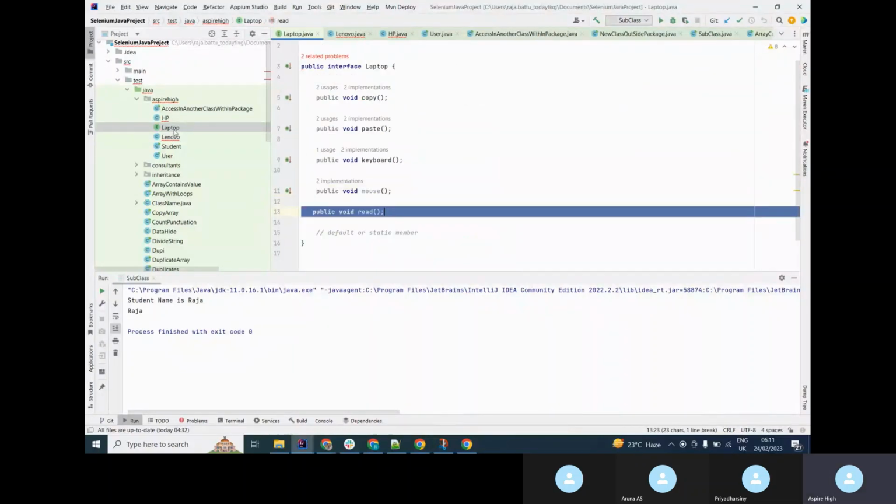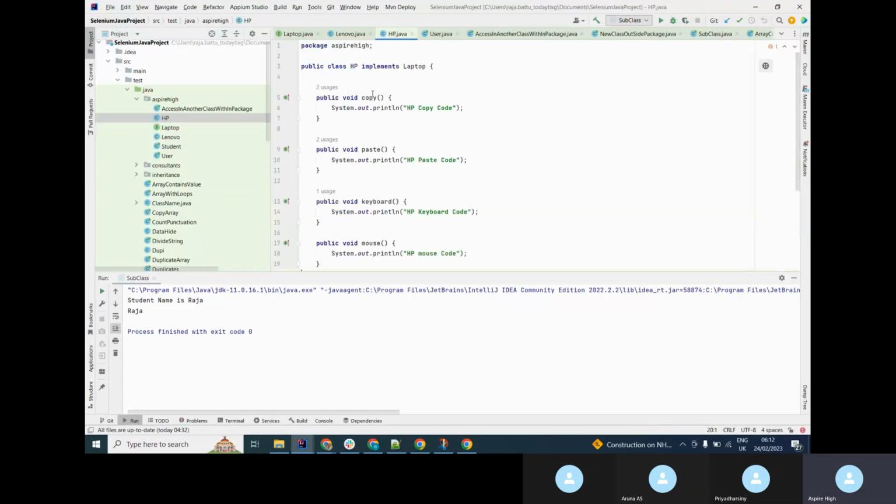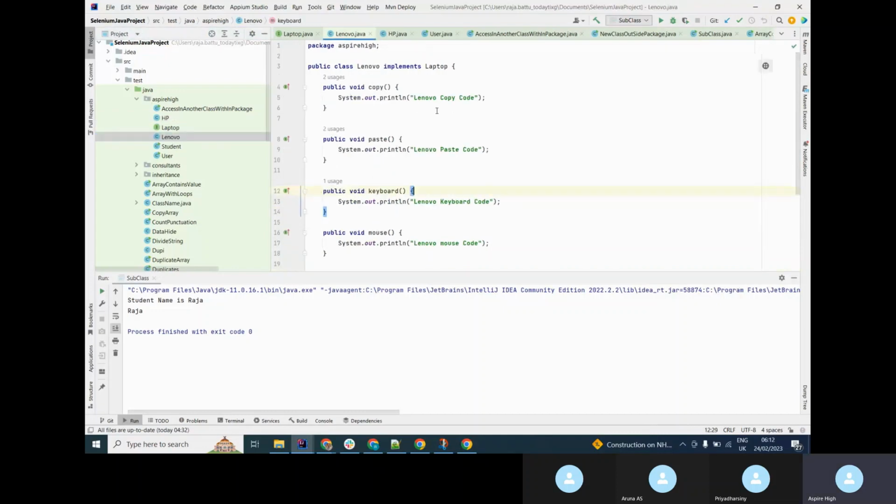To overcome this, if something is added in the main interface, HP and Lenovo should not be disturbed. So to overcome this, they brought in implementation using the default and static members. Now see, HP is not disturbed, Lenovo is not disturbed. They can use the interface which they have implemented. Okay,